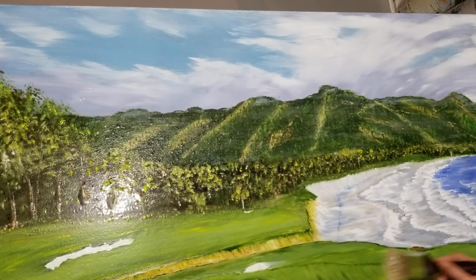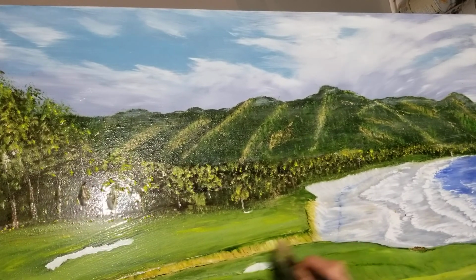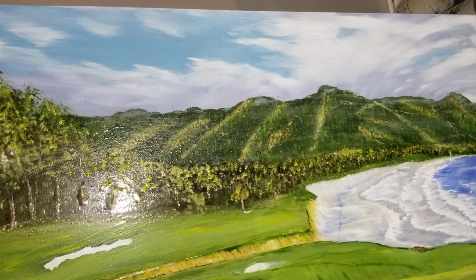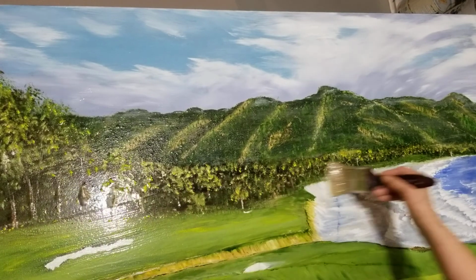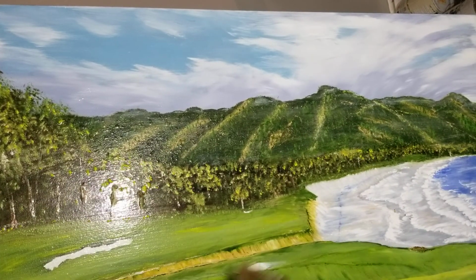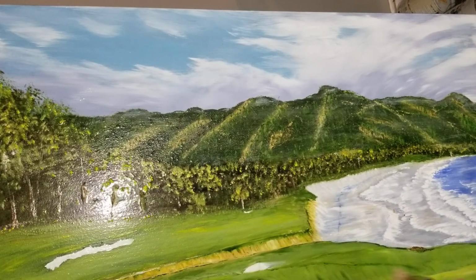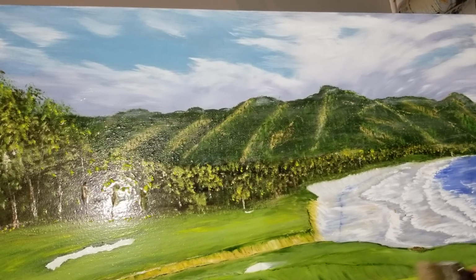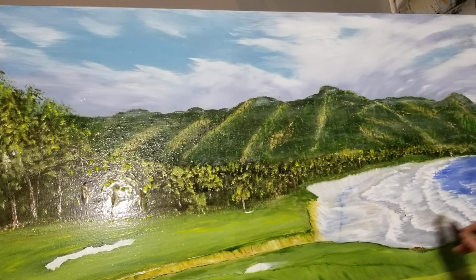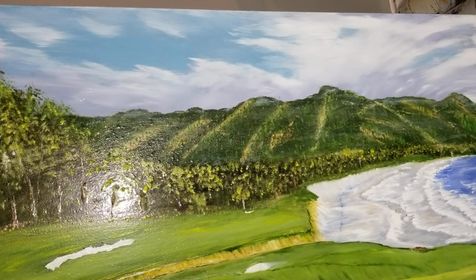Maybe it won't take as much as I thought. I've never done a painting this large, so I wasn't really quite sure how much this was going to take. One of these bottles here costs about $13, so keep that in mind when you're pricing your paintings. You've got supplies, and supplies are expensive. Lots of times people that commission paintings are not familiar